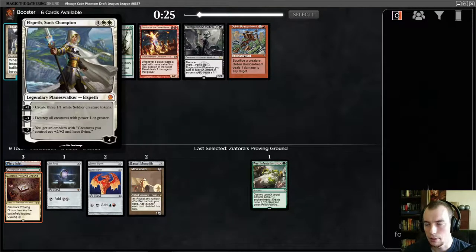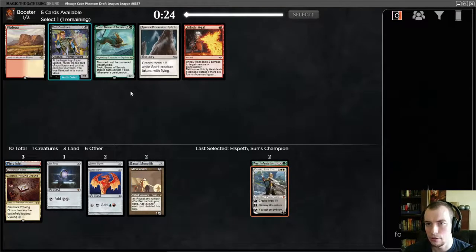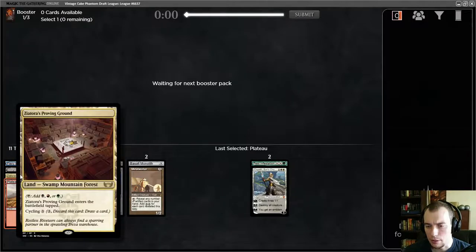Okay, lots of these big white cards. Am I somehow going to be in white artifacts? None of the rest does much, so let's take Elspeth. It's a finisher. Why not? Okay, Plateau could maybe get there. Better than the rest of these. Unholy Heat's not bad, I guess, but I'm gonna pick up these rando lands and we'll see where we end